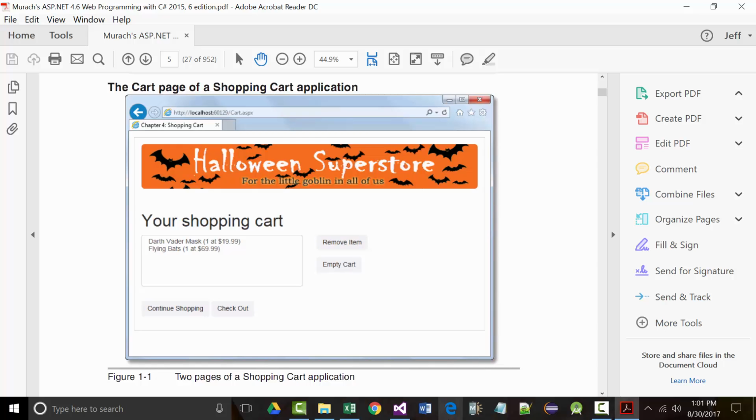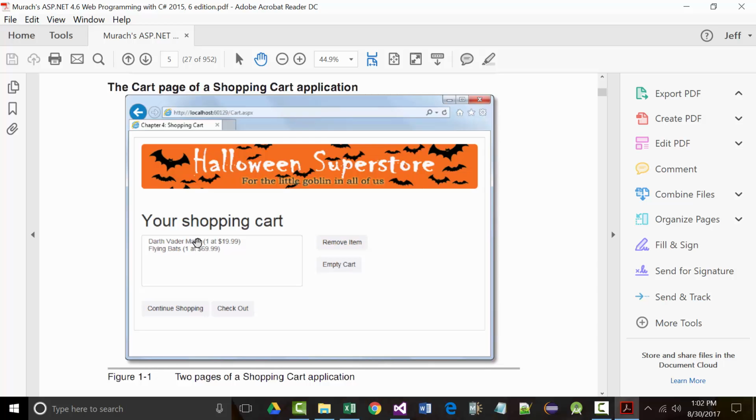And some of the functionality won't be put in here until later chapters, just so you know that. All right. You've got your choice. Now, if you click remove item and there's nothing highlighted, I believe nothing happens. So if you wanted to put some code in there to have a message come up that said you must choose an item,